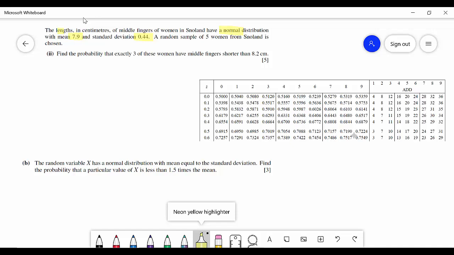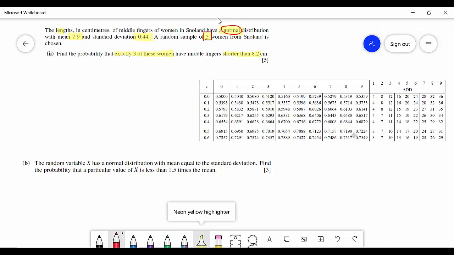So a random sample of 5 women from this land, snow land, is chosen. Find the probability that exactly 3 of these women have middle finger shorter than 8.2. Now for this question itself, I don't know whether you can see it clearly or not. Of course, you have a normal distribution for the length of the fingers for women. And after that, for the calculation of probability, they are talking about